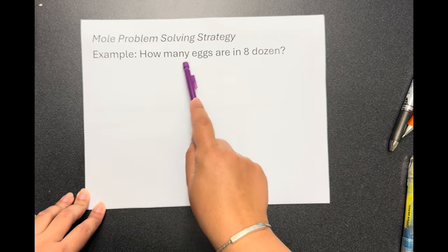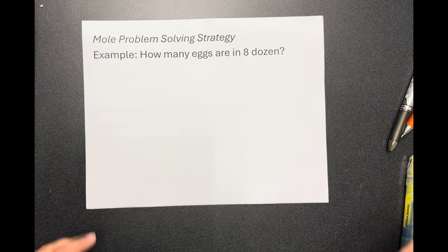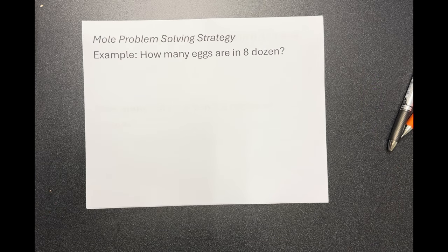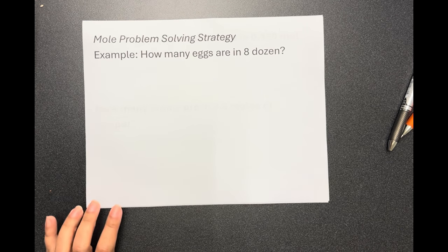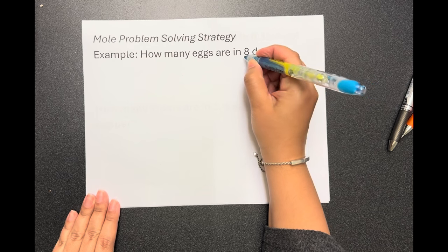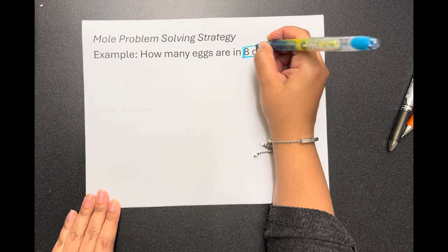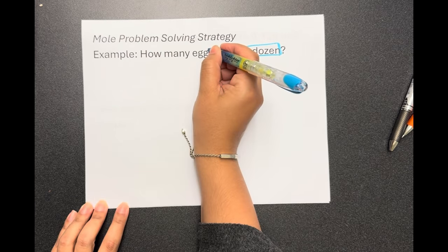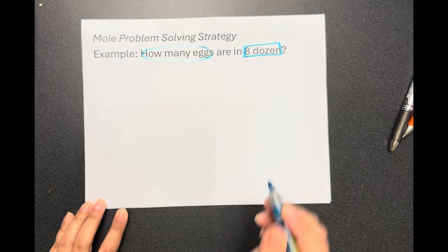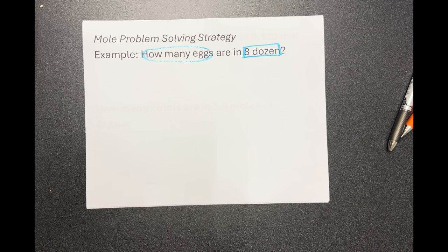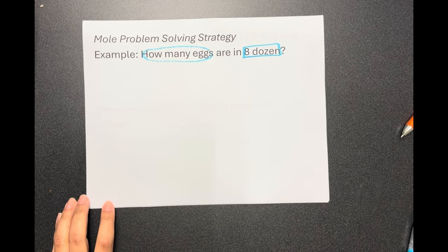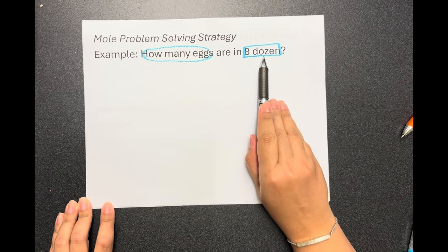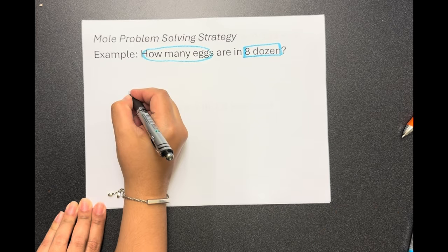This problem says, how many eggs are in 8 dozen eggs? This is an easy one, and you could probably do it in your head, but I'm going to show you how to set it up. The first thing you're going to do is ask, what is this question giving me? The question is giving me 8 dozen. What is it asking me to find? It's asking me to find how many eggs. So the first thing you're going to do is write the number and the unit that the problem gives me. So the problem gives me 8